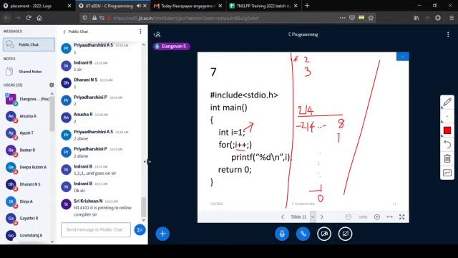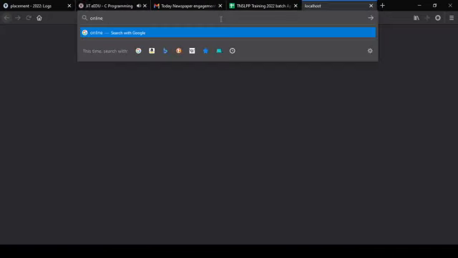Anyone else try it? Is it the online GDB compiler? I don't know, but this should be the answer.